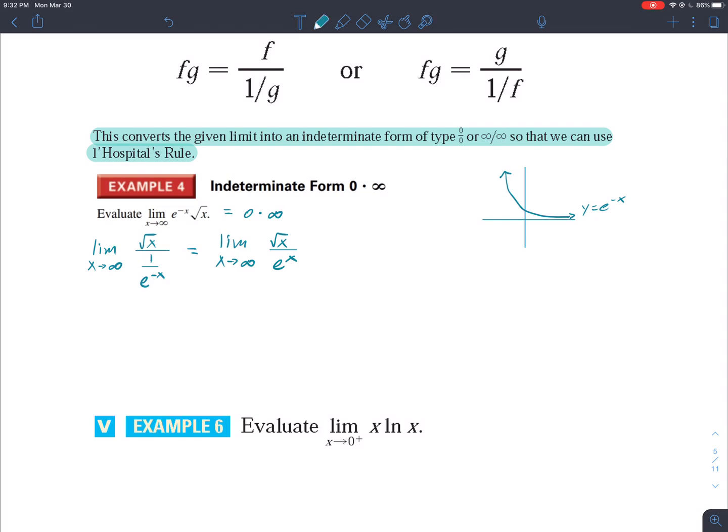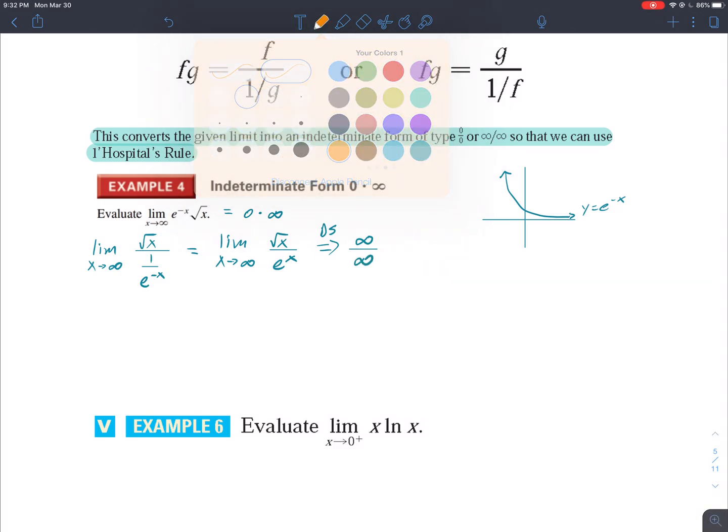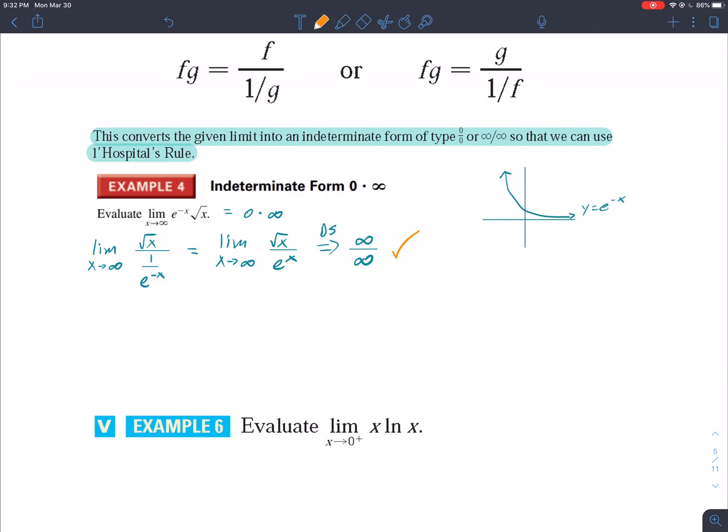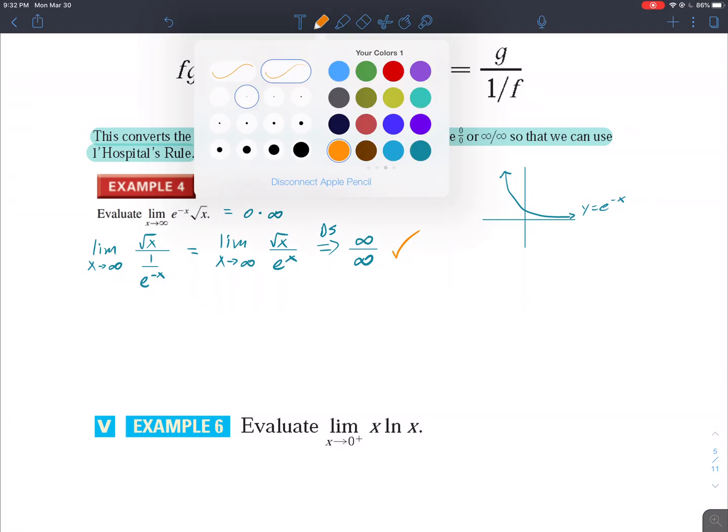And so now direct substitution would give me square root of infinity, which is infinity, on top, and then in the denominator e to the x, e to the infinity power is infinitely large, so that's infinity. And so now we've got infinity over infinity. L'Hopital's rule can be applied. All right? So if I roll straight into L'Hopital's rule,